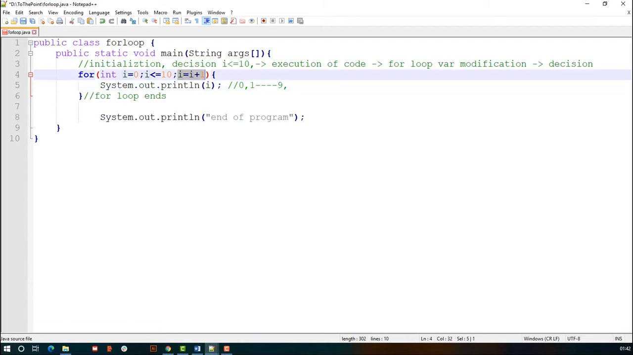I will become 9 plus 1, 10. So 10 is less than or equal to 10. That is correct. Okay, so it will print 10. Now once 10 is printed,